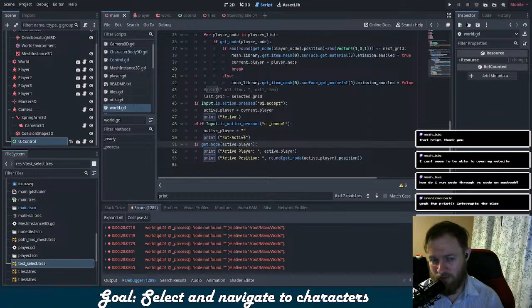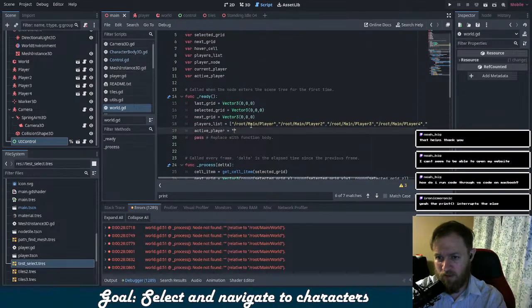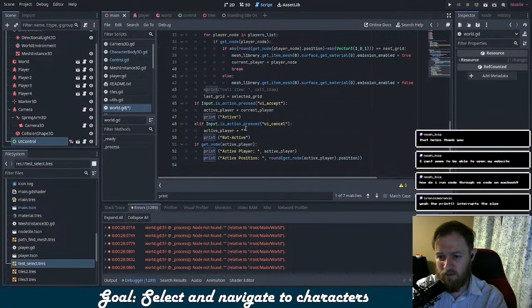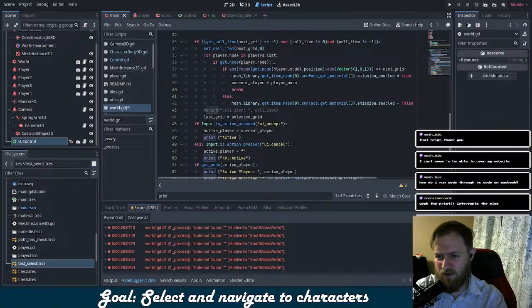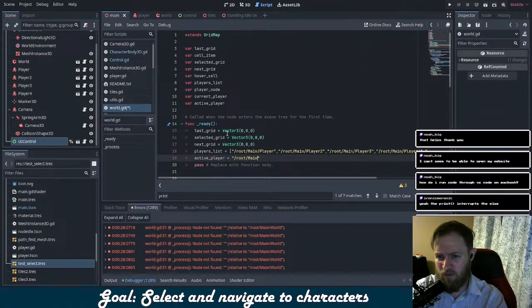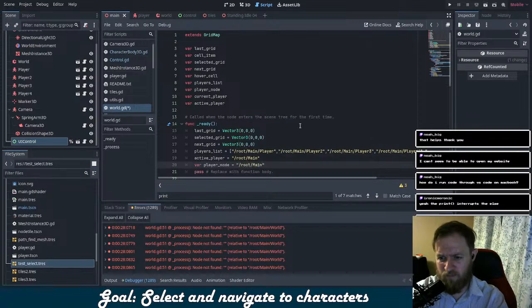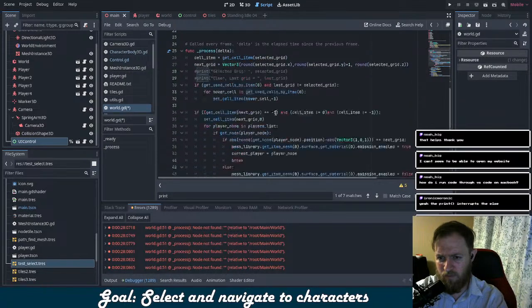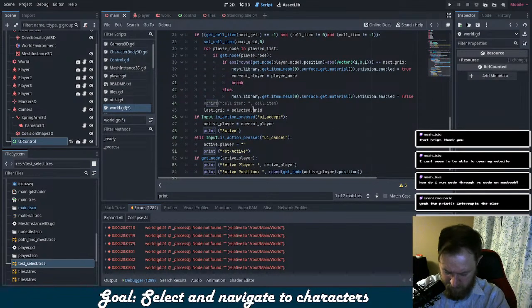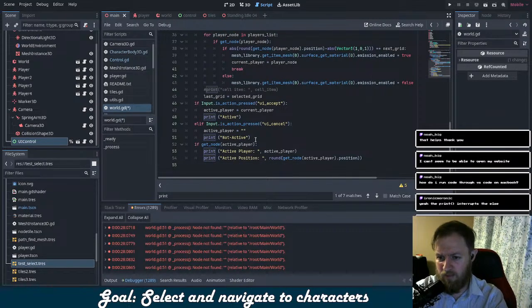I don't want to deal with, maybe I just do like slash root, right? Slash main. And then, let's see, is that player node? Var player node equals slash root slash main. And then maybe what I do here is if get node dot